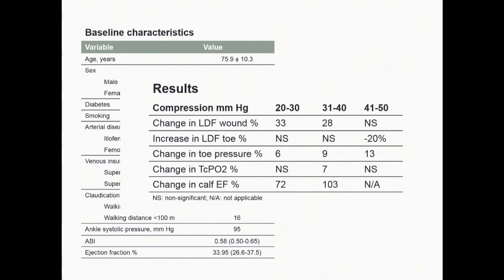But the interesting piece is when they used a short-stretch bandage system to treat these patients with mixed disease, they did see an increase in the laser Doppler fluximetry as well as toe pressures in patients treated with both 20 to 30 millimeters of mercury compression as well as the 30 to 40 range. When they went above that, they did not see that same increase. So there is some data to suggest the benefit of compression when done in careful, controlled fashion in patients with